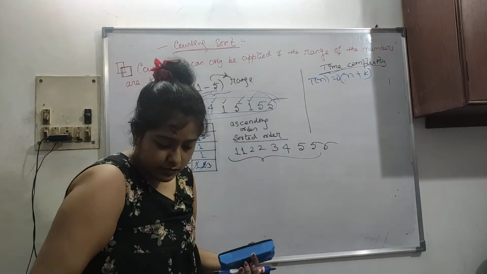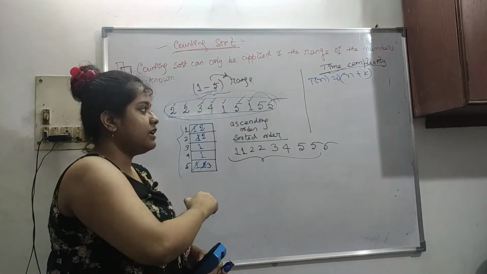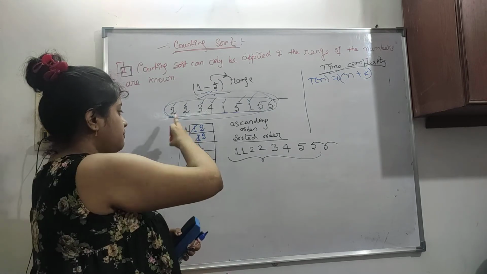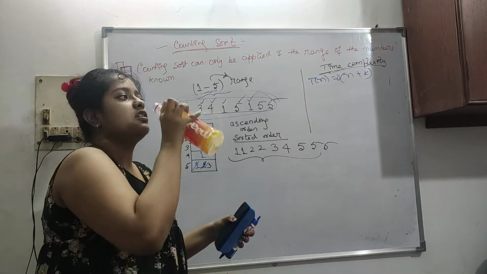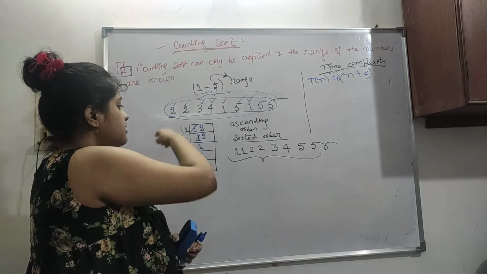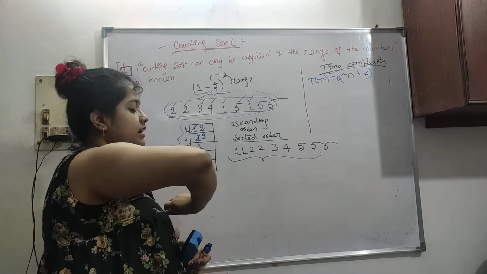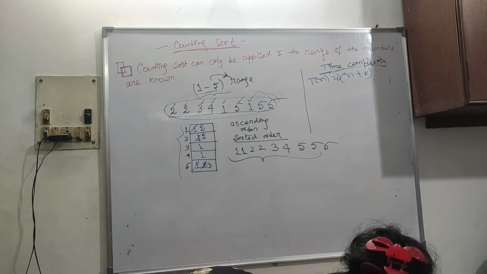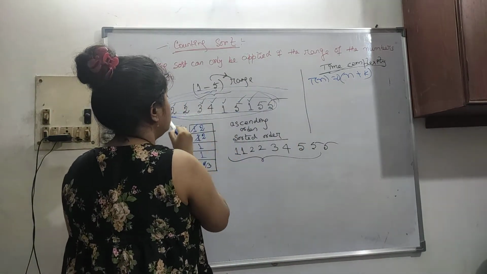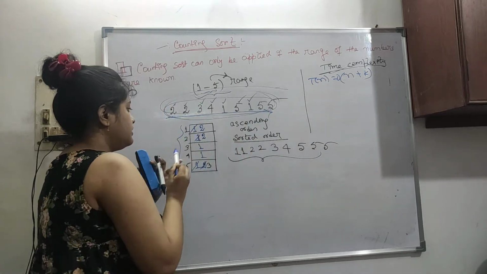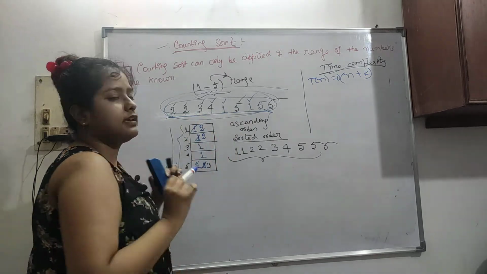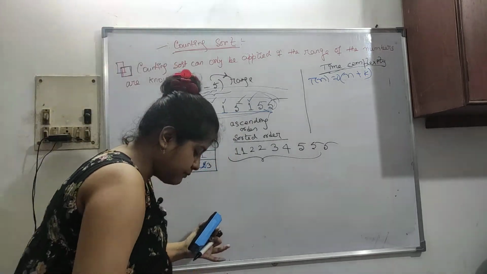Be very careful here. It is not order of n plus n, and which is not order of n, because we have to find out the number of k cells here. So that is important, because in this we have to scan the first array once and then the second data structure once. So this is scanning all this, and also this k is scanning like this. So n plus k. I hope you have understood. Now time complexity is done.